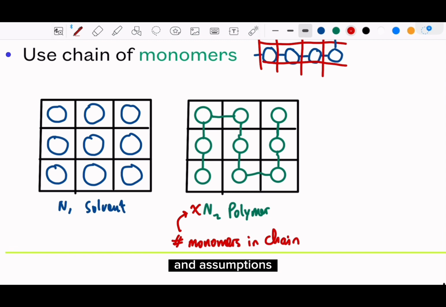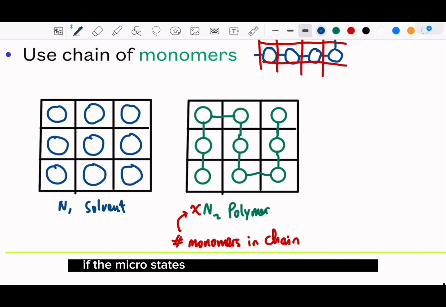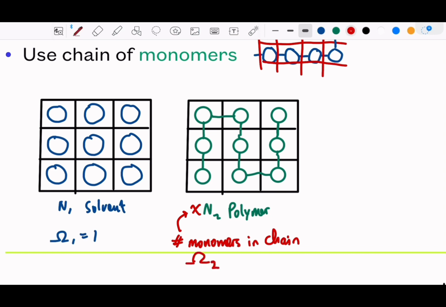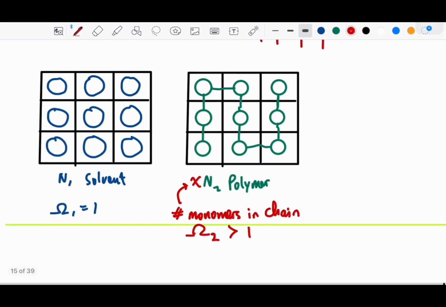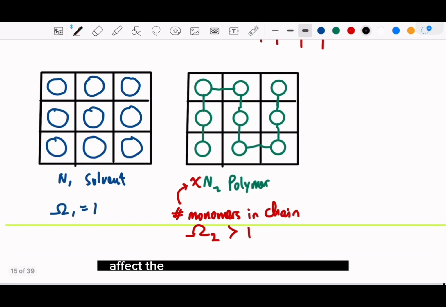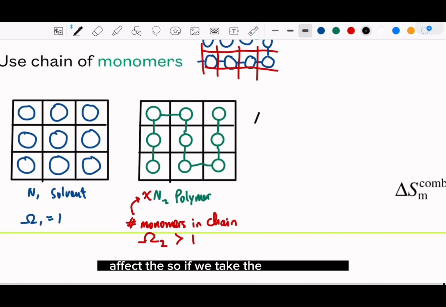And the assumptions, if the microstates for the material 1 is just 1, then the microstates for the polymers will be greater than 1, which means that it will affect the, so if we take the delta S,